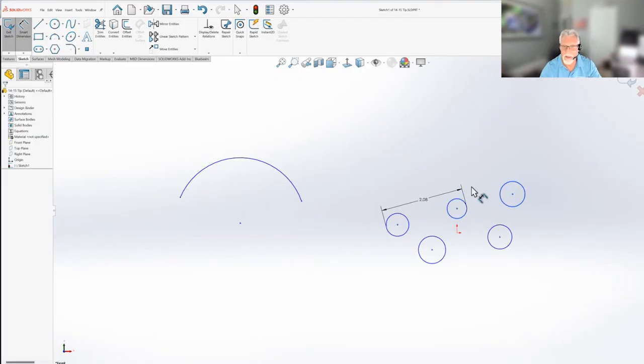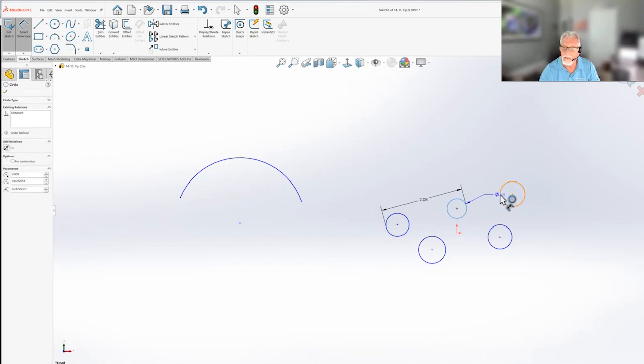Oh, it's still got that there. So as you can see, it's kind of annoying. I had that picked and I didn't realize that. I hit escape, but I had to do a double escape. So now if I pick the inside here and the inside here,